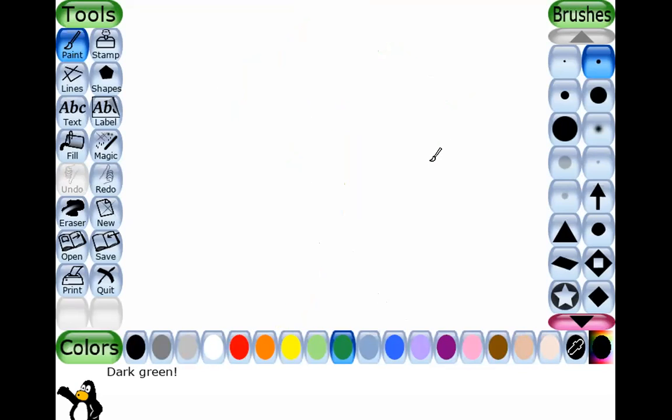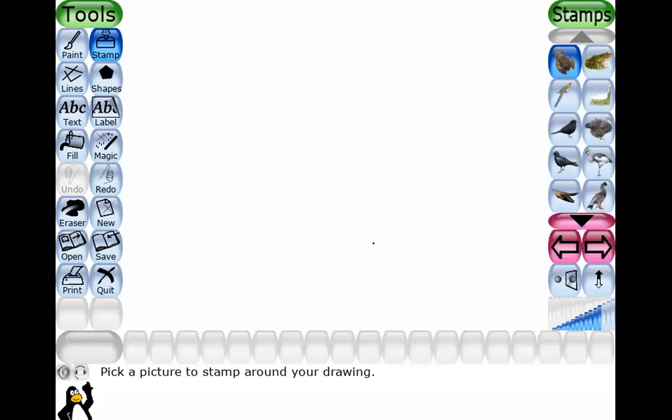Next, stamp. Stamp is a fun option. Let us click on stamp. The stamps are images that we can add to our drawing. For selecting a stamp, follow the steps given below. Click on the stamp tool.